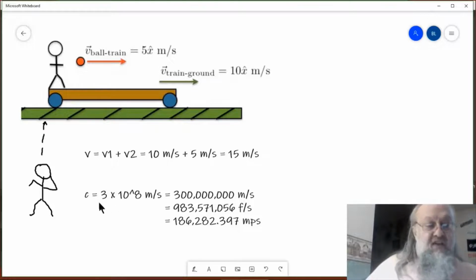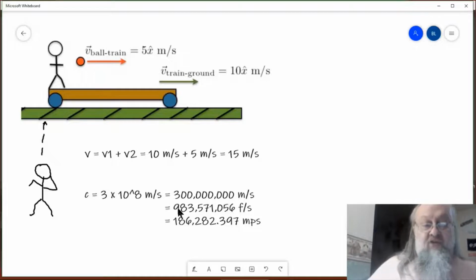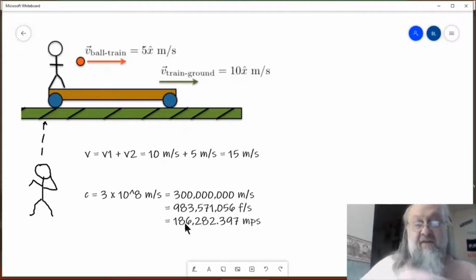Now, we just got done saying the speed of light, and that's what this little c, usually we use that to stand for the speed of light, 3 times 10 to the 8th meters per second. But it's a way of writing a huge number really small. It means a 10 followed by 8 zeros. And so you see we have 8 zeros over here. So 3 times 10 to the 8 is really 300 million meters per second. And just to give you an idea, that's almost a billion feet per second, which is also close to 185,000